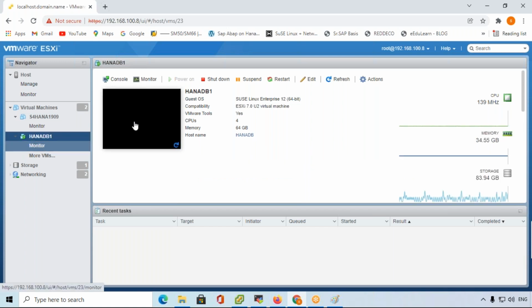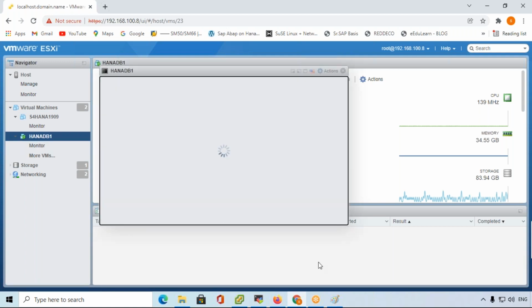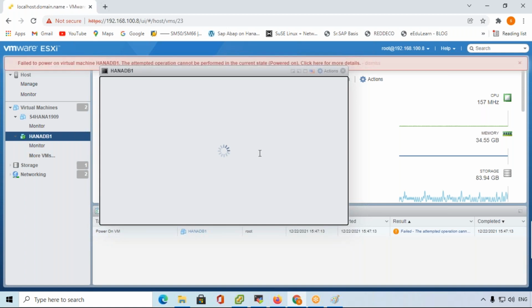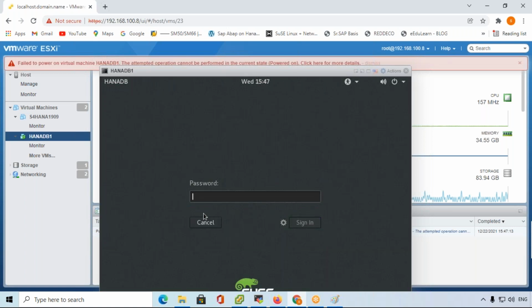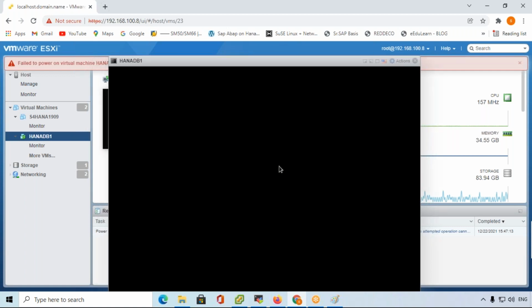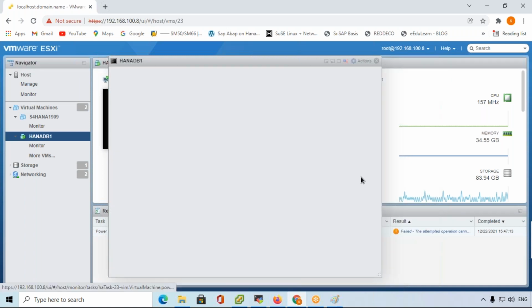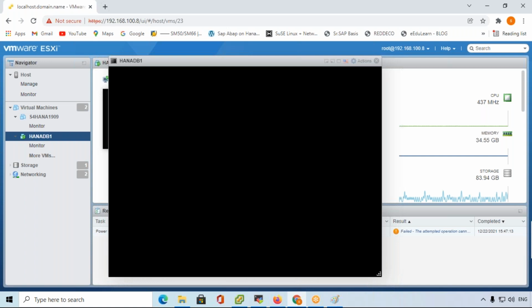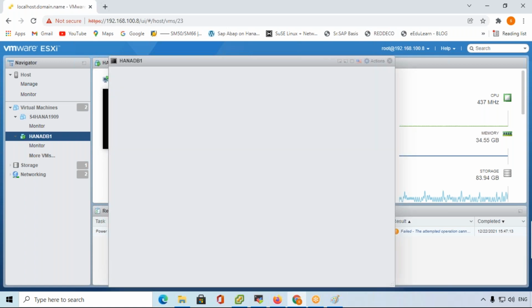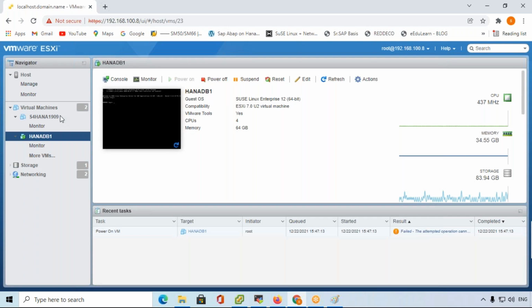So this one is not required. That's why I'm going to shut down this system. So now select our system, S4 HANA 1909.